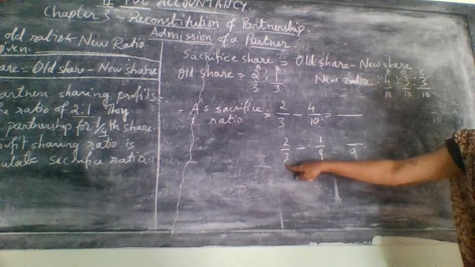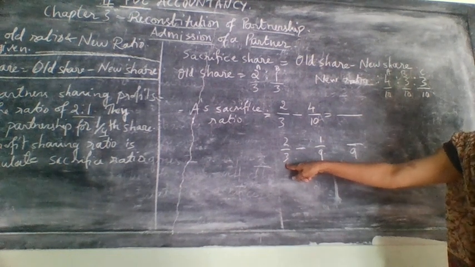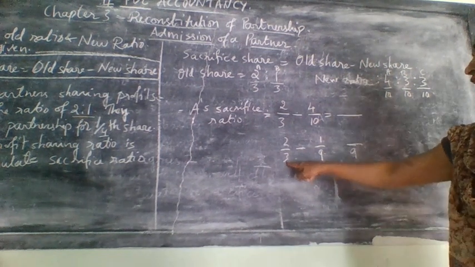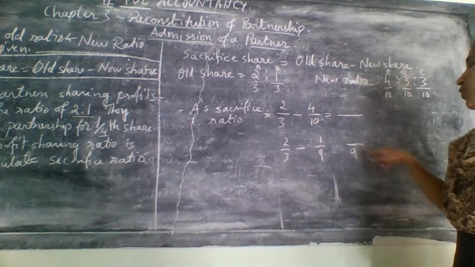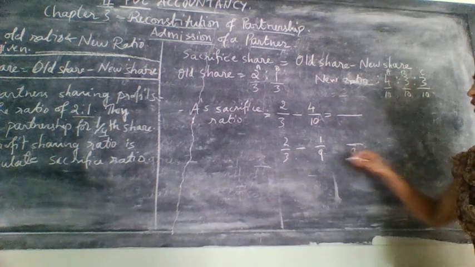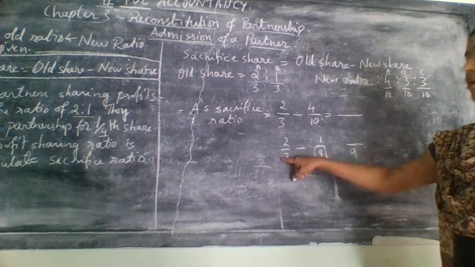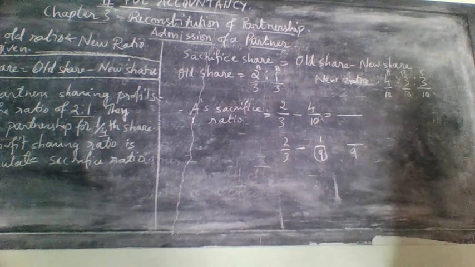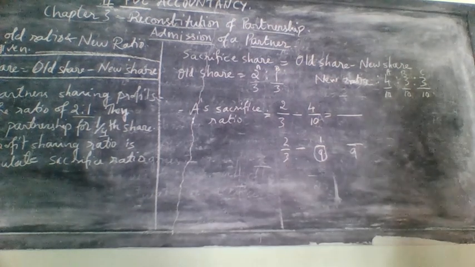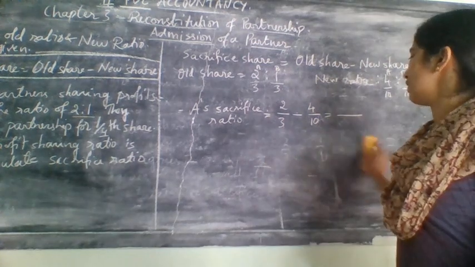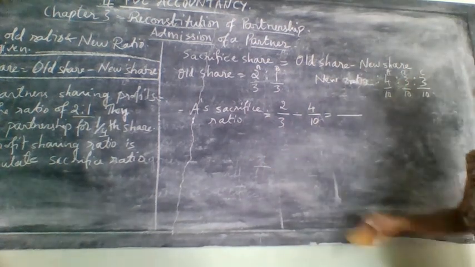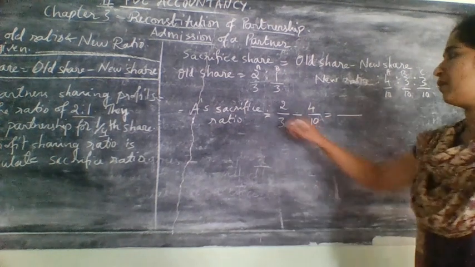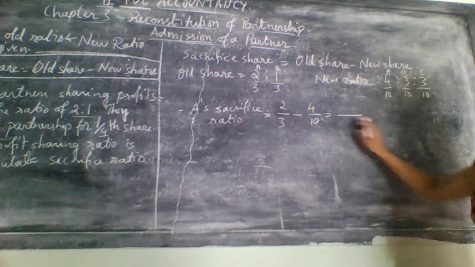Whether it is divisible by 3? Yes, 3 ones are 3, 3 twos are 6 and 3 threes are 9. When it is there in that table, you can consider that highest denominator as a common denominator for the other fraction also. But in this case, it is not possible. Why? Because 10 is not there in the 3 table. So at that time, when it is not there, just multiply with each other and write it here.